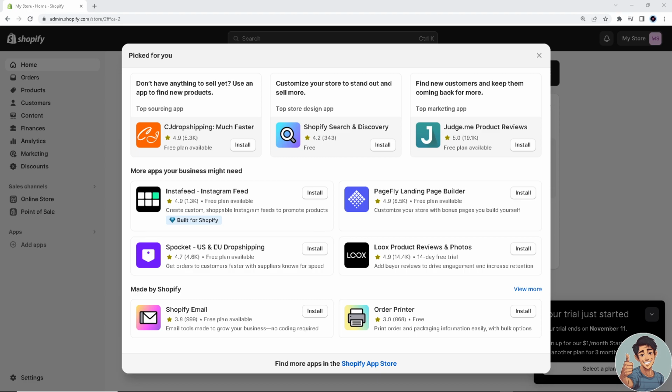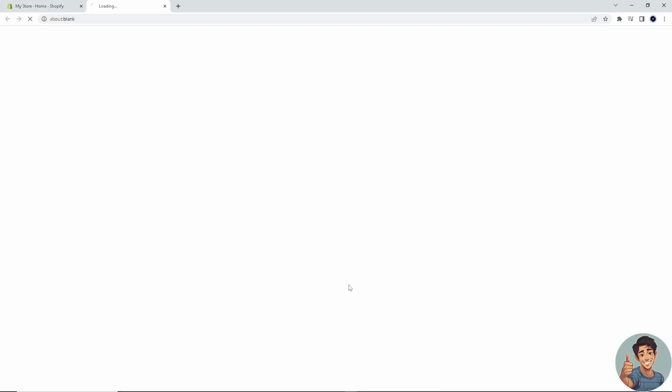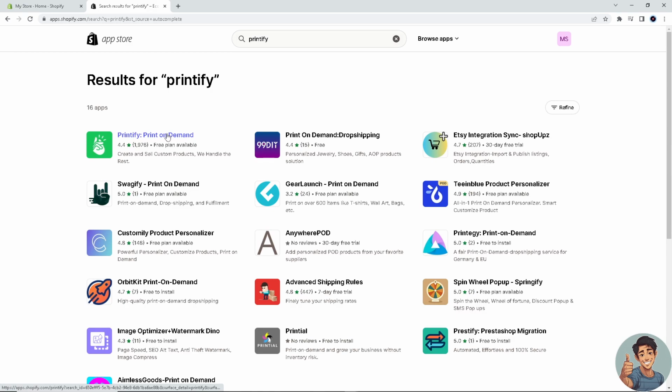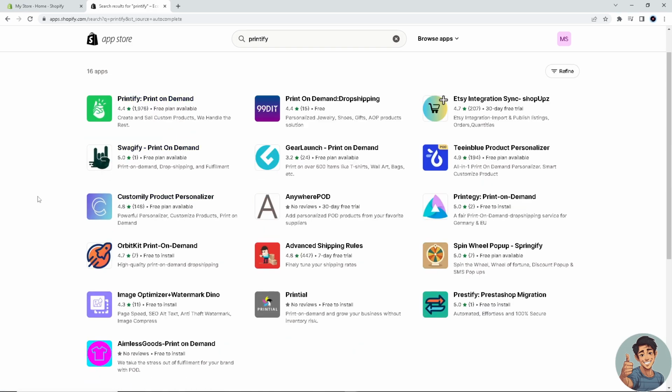After doing so, you're gonna choose find more apps in the Shopify app store right here, and you will be directed to another page. There are a lot of apps that you can integrate with your Shopify. So what we're going to do is search for Printify. Make sure it's the one that you're looking for, because there's print on demand, drop shipping, Printify, print on demand. So click on it,